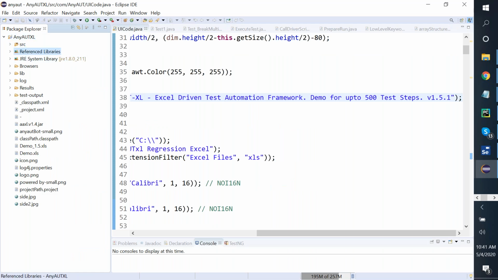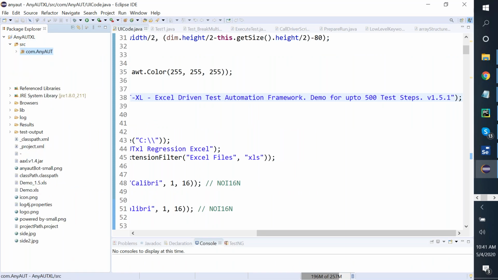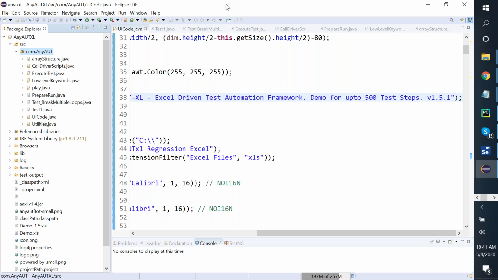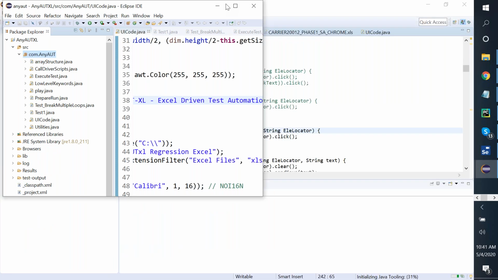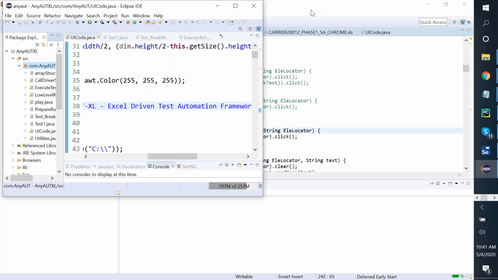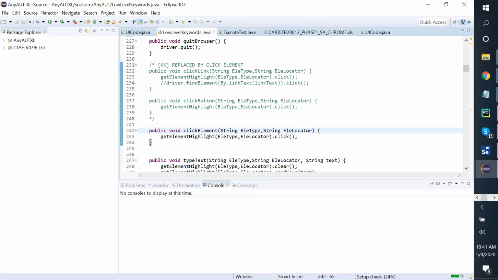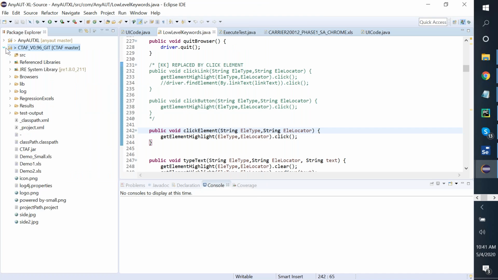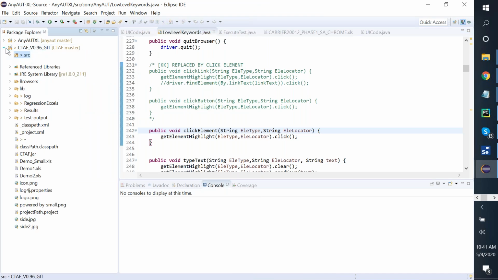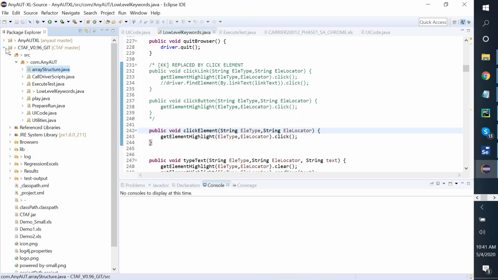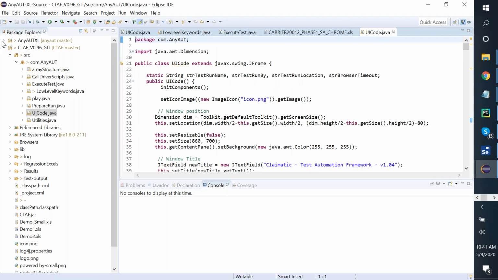Now, this is our AnyAUT source. Can I do a source code walkthrough also after this? Is CTAF. This one is